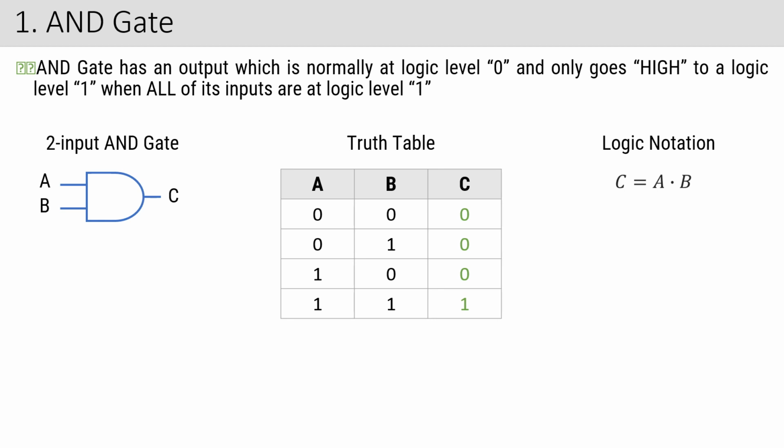Now see, I'm saying A is 0, B is 0. So if A is 0, B is 0, notation is A dot B. So A dot B with 0 0 means you are going to get 0. Now for A I am giving 0, and for B I am giving 1. That means the 0 1 combination, also the output is 0. Means I am not going to get any output if one of the inputs is given high level and another input is given low level. Or in other words, one of the switches is off, one of the switches is on, then also I am not going to get an output.